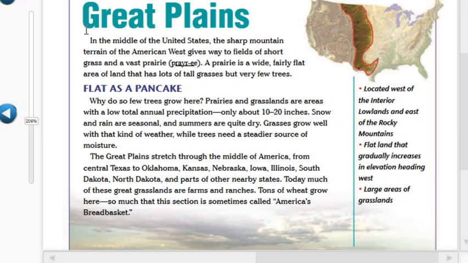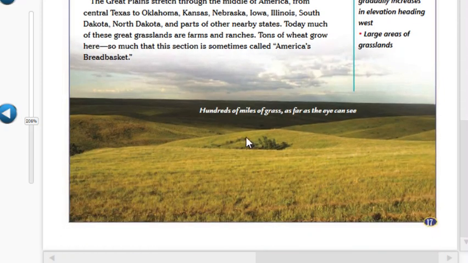Okay, now we have the Great Plains. The Great Plains is a region that's located between the Rocky Mountains and the interior lowlands. It's marked by very flat, grassy land. As you can see here, we have a few lumps, but essentially it's as flat as a pancake. You're not going to get many hills or definitely no mountains, but it is flat, and because there's very little